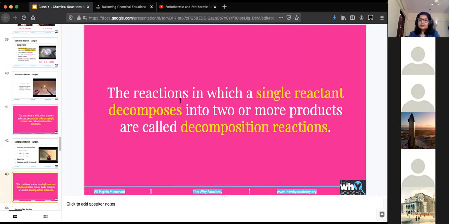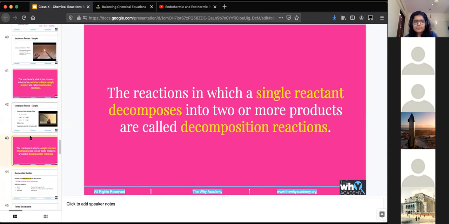decomposition reaction. A reaction in which a single reactant decomposes into two or more products is called decomposition. That's called decomposition because things are decomposing. Now, what do you mean by decomposing? Breakdown, or simpler products are formed. Yes. Decomposing is breaking down. So when living things decompose, they break down into soil and stuff. In chemical terms, you have a big compound like glucose that breaks down, so that decomposes into smaller products.